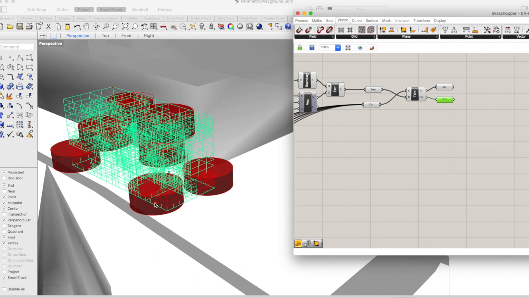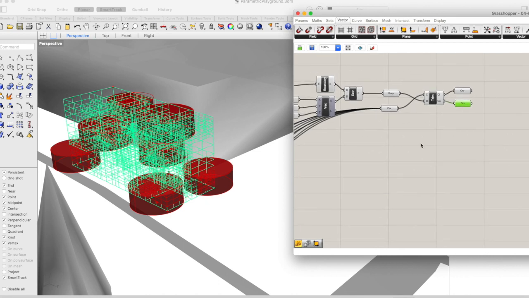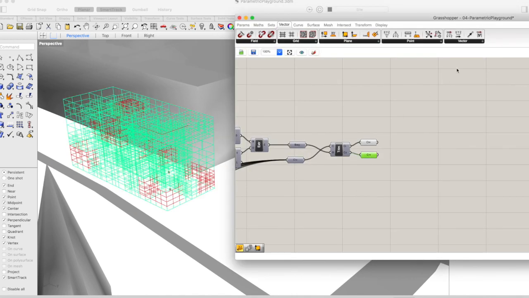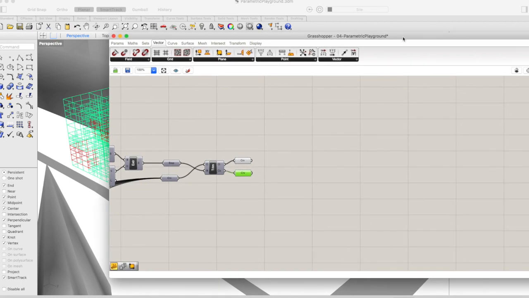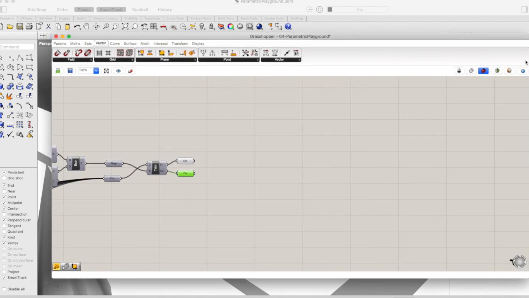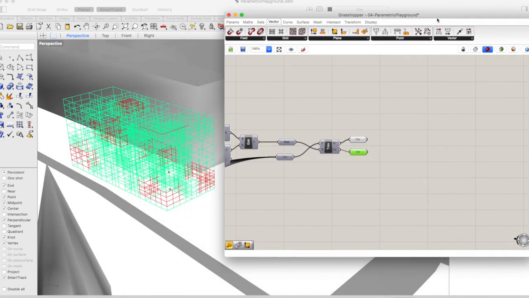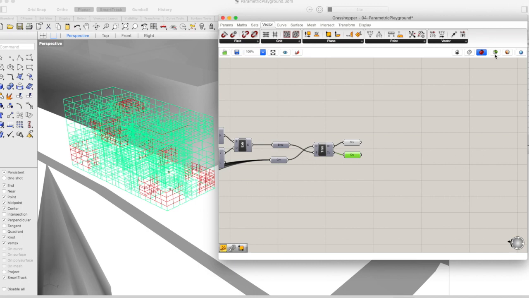So we just want to delete from the inside of the cylindrical volume. So let's see what we have by again arranging, maybe I should scale it down. So let's see what we have